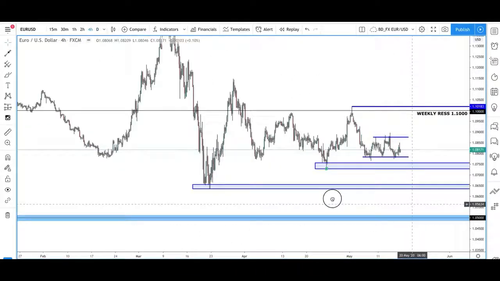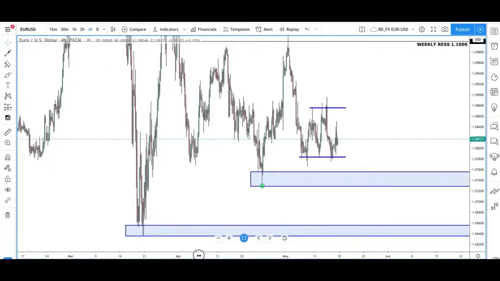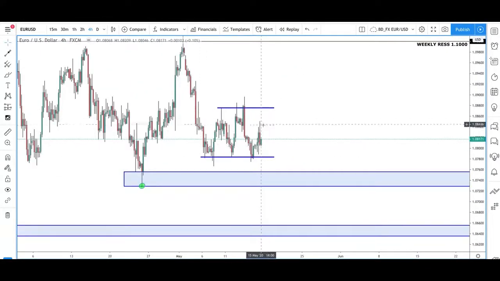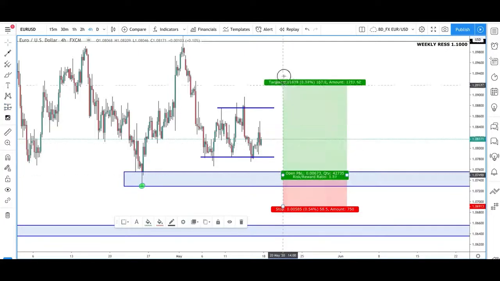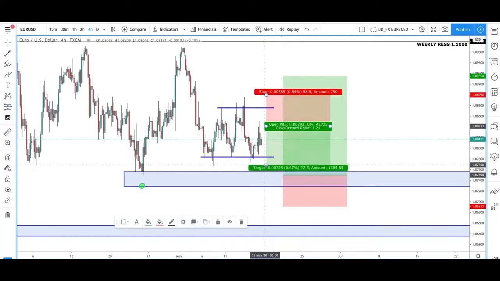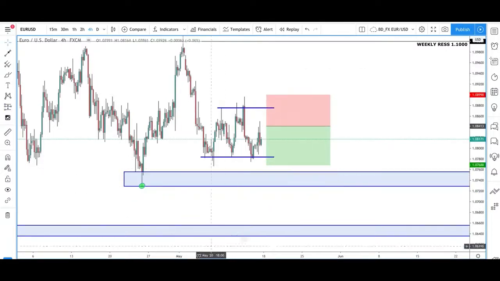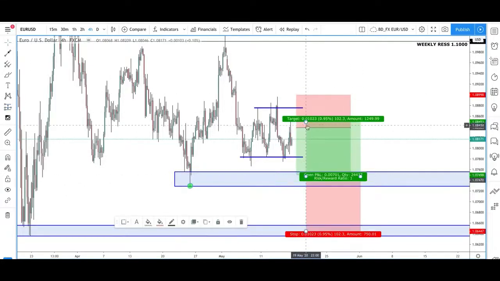We do have this zone just dropped in just below here, as I said. So look for some US dollar strength to push down early in the week. See if there's a possibility of riding this down. As I said, it's always better, even if we're looking for a trade up, if it's possible to get a trade down, it also acts as a sort of protection. So we can get a trade down, make some profit off it, and then it protects us when we've taken a hedge trade long as well.